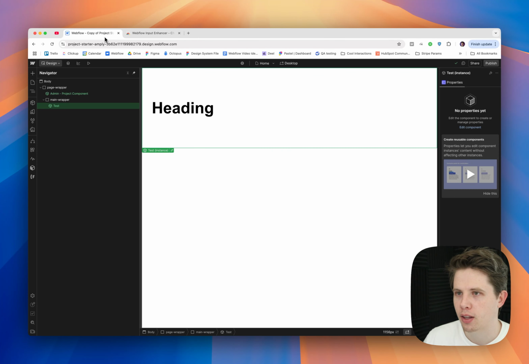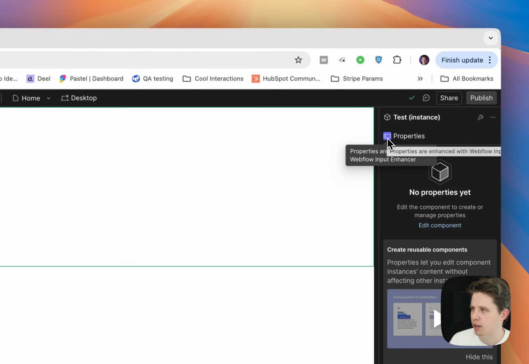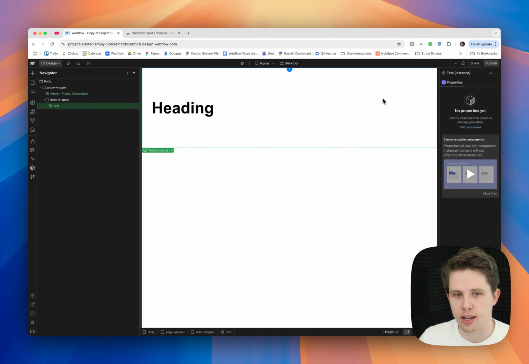So once we're here in Webflow, you're just going to want to grab a component that you have and just click on it, and you should see, if everything's been installed correctly, this little icon here saying that properties are enhanced with the Webflow input enhancer. So as long as you see that, everything should be working properly and you're ready to start setting up enhanced